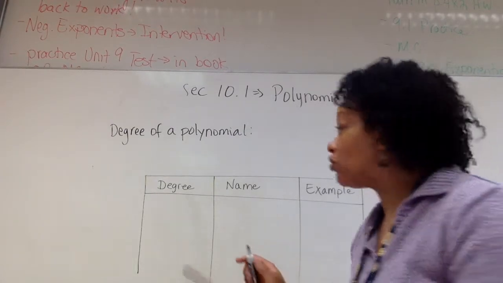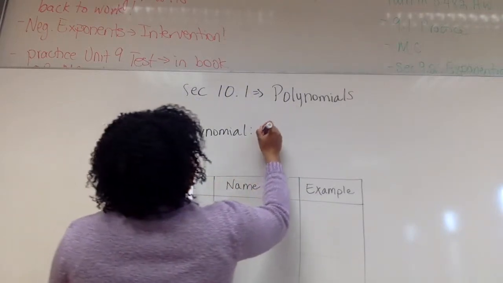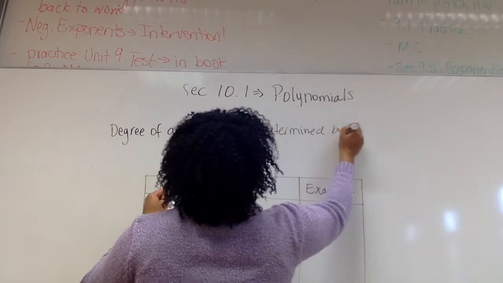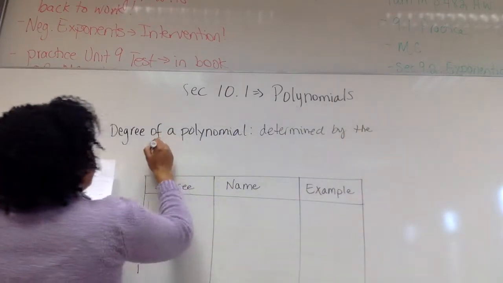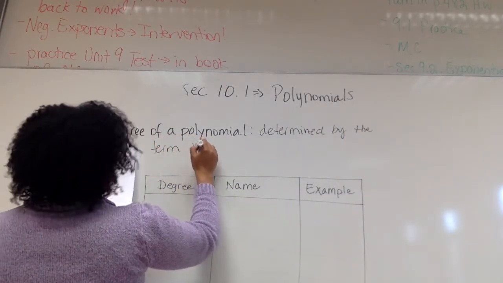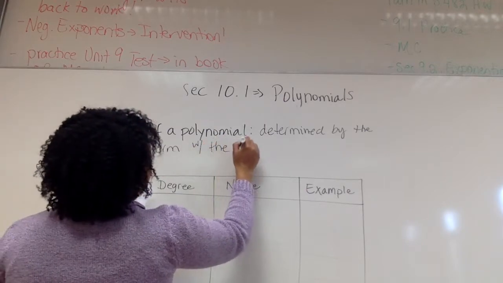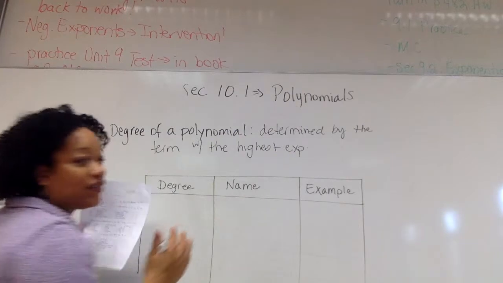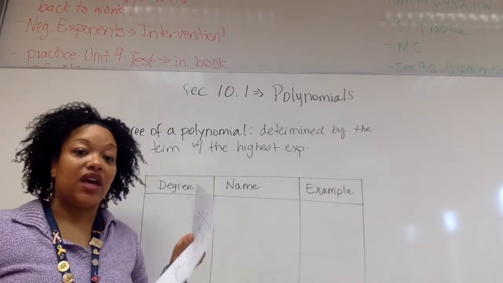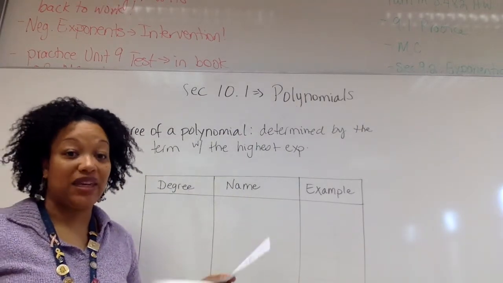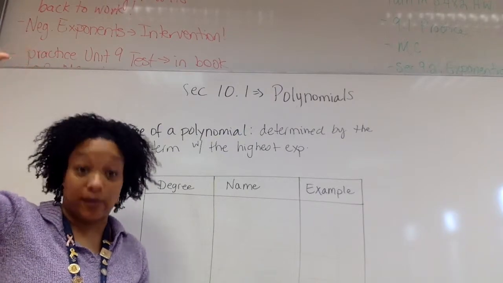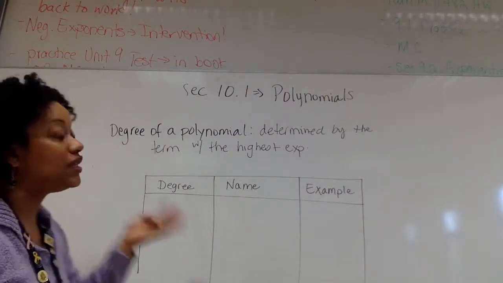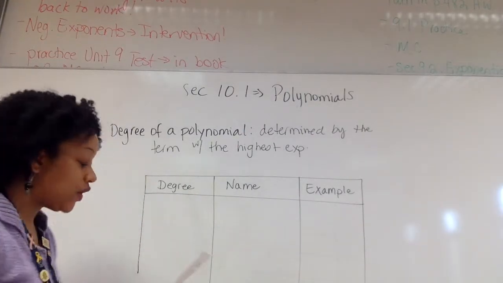So when we talk about the degree of a polynomial, it is determined by the term with the highest exponent. Okay? Now that's going to be easy to figure out because there's only going to be one. Highest means it's going to be the exponent that's the largest number. Okay? So each one of these types of degrees has a name. Your first degree,